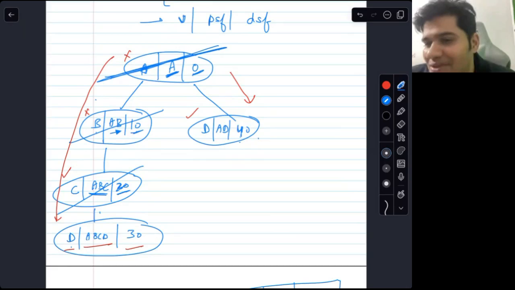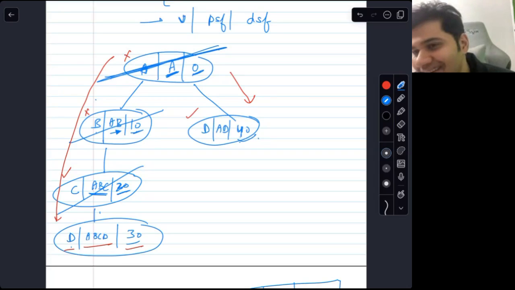And my question to you, from the tree, if you see a 30 as well as a 40, which value do you remove? Remove 30, which means ignore 40. Which means we have been able to avoid a longer path to D from A and select a shorter path to D from A. Do you see the cleverness of the algorithm?